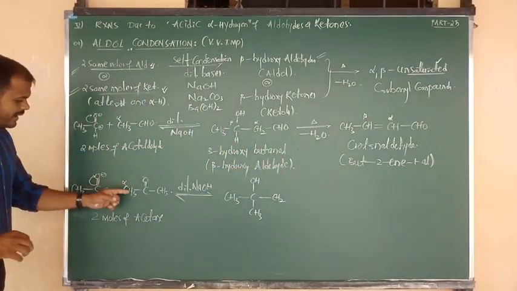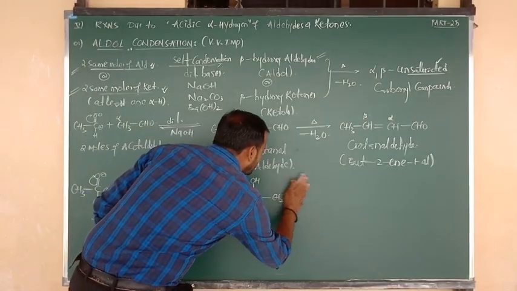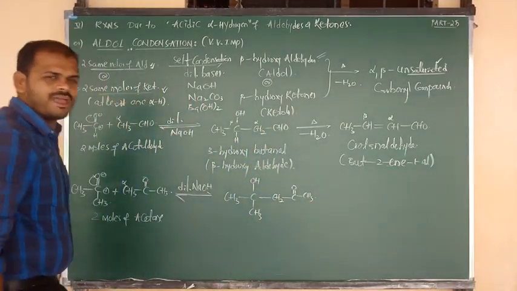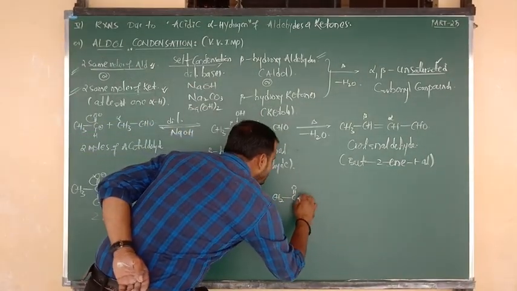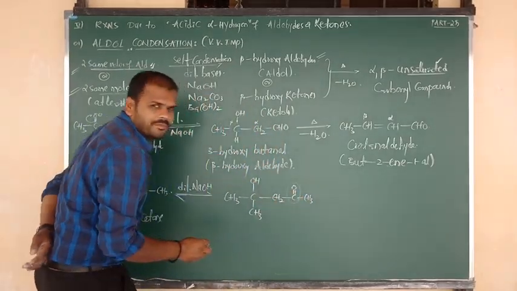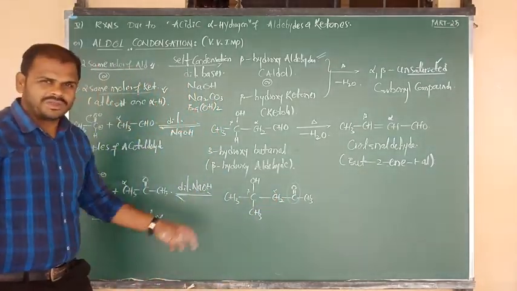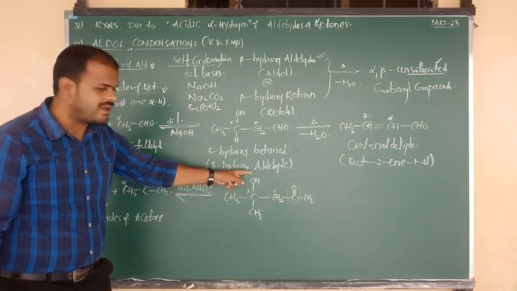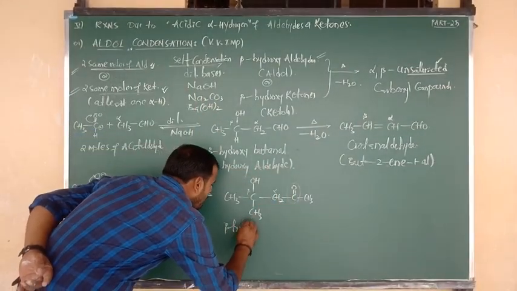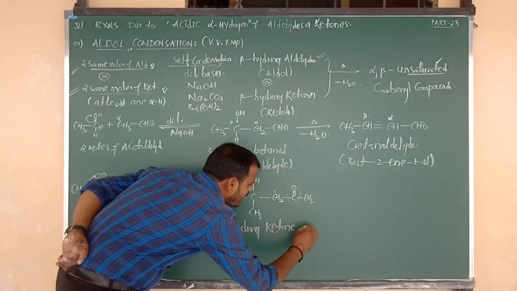Good. Next, CH3 connected to C double bond of CH3. Yes, it is also connected to C double bond O and CH3. I hope you understand. So what is the name of this compound? Yes, I am going to show you. C double bond O is nothing but the functional group. Adjacent is alpha, again adjacent is beta. So the name of this compound is beta hydroxy ketone. And also simply we can say ketone.